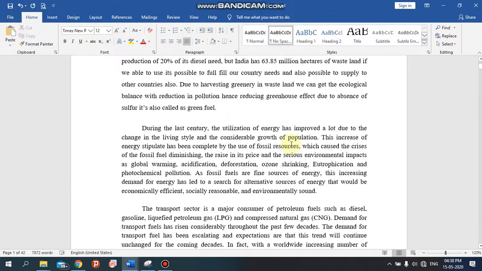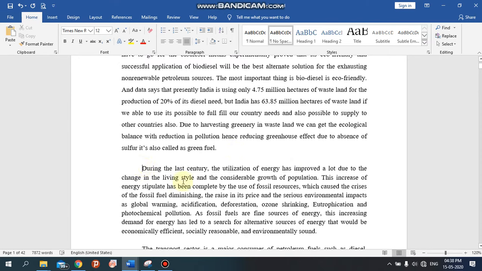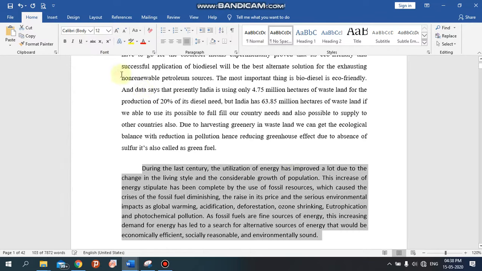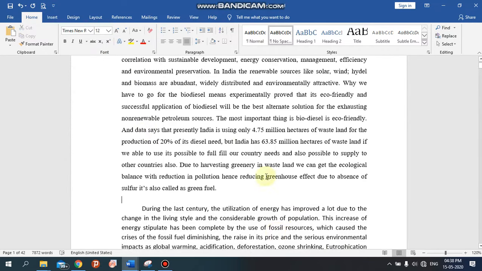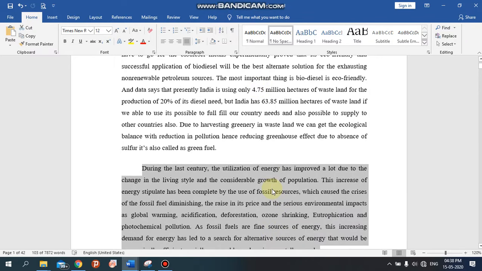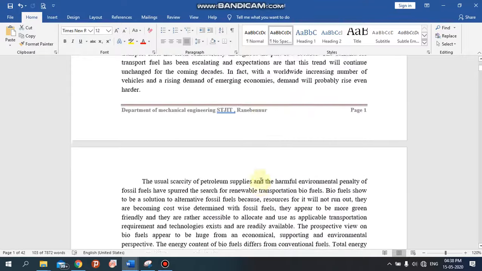Then another important command is there. If this paragraph's font size is different, for example, this is different and line spacing is different, and I want to apply the formatting of this paragraph to that one, then there is a simple command in MS Word. Go to the format painter. One paintbrush symbol will appear here. Then you select the entire paragraph. It will be converted into this format.